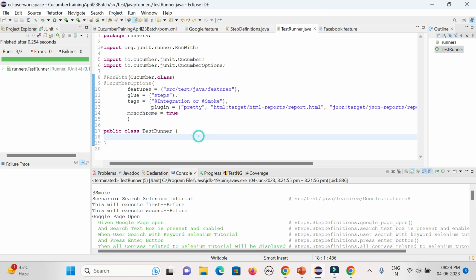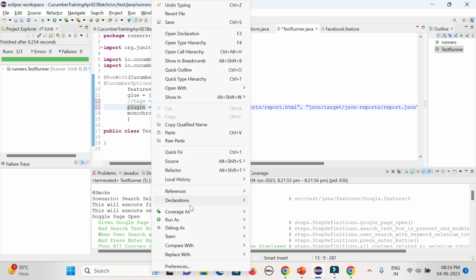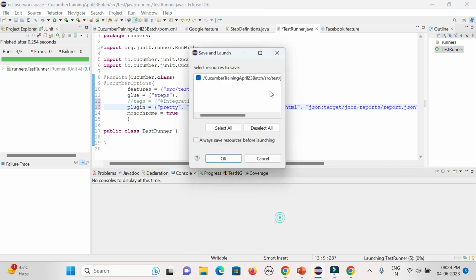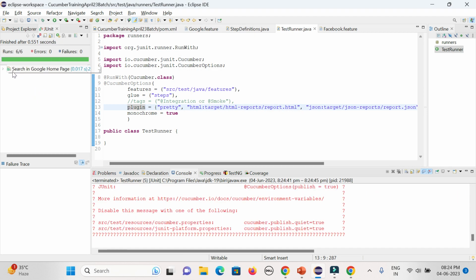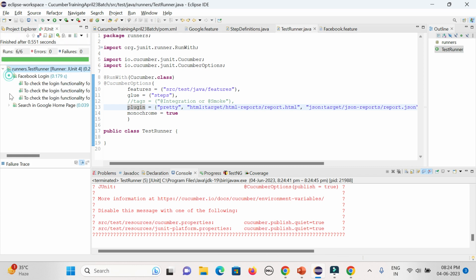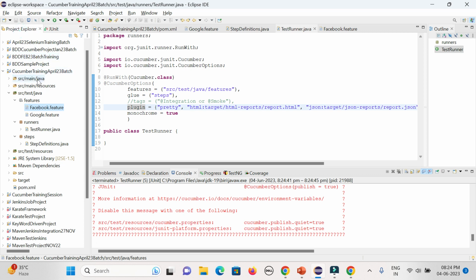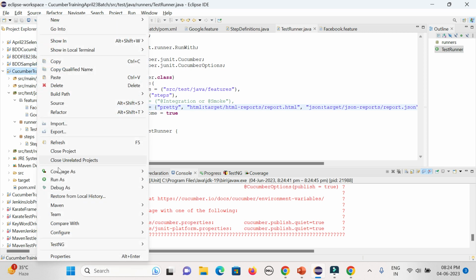You can change your tags part, even disable it. I want to execute all my test cases, so that is fine, you can remove the tag. It will execute all your test cases. Total 6 test cases executed, you could see here. Now if you go to your project and simply refresh it,